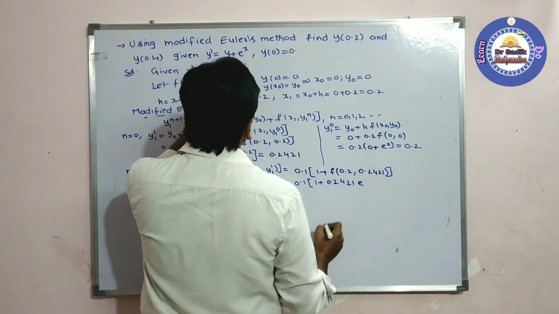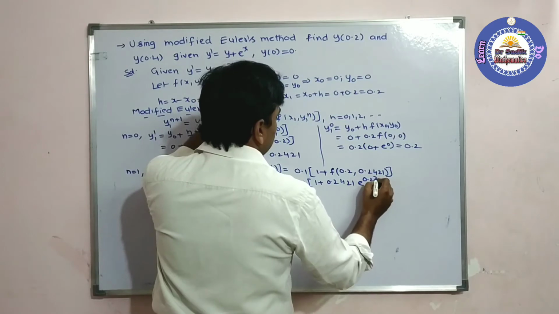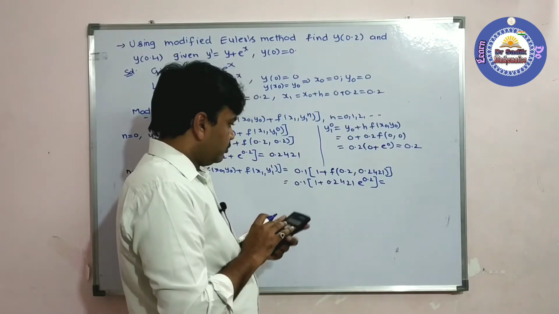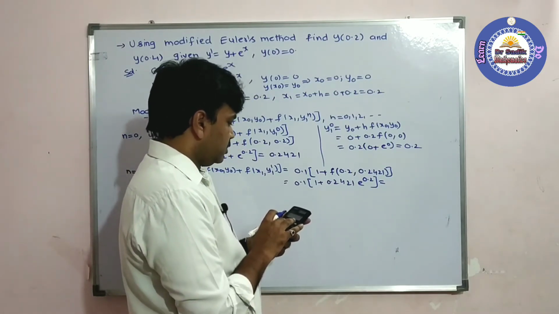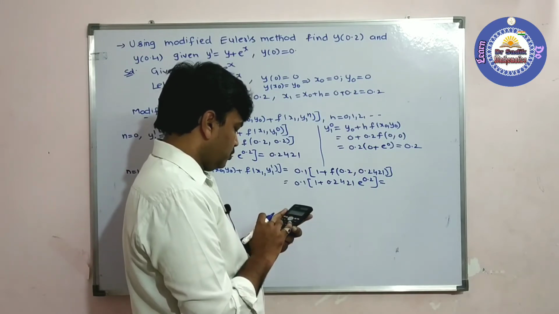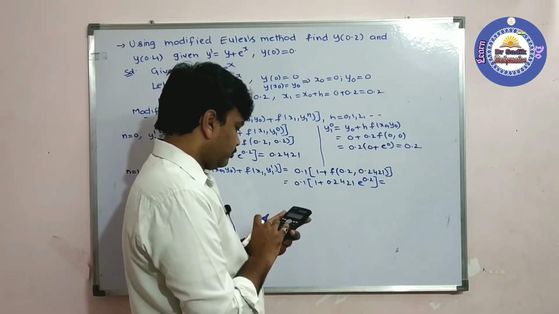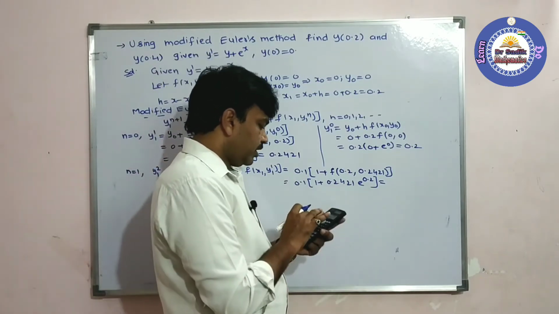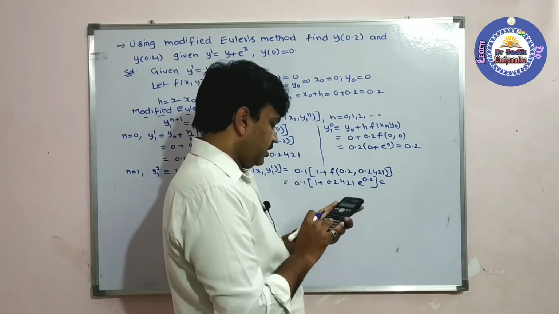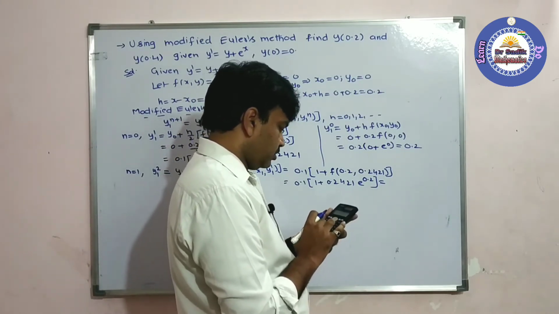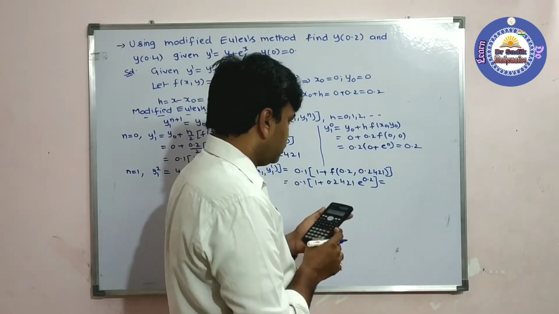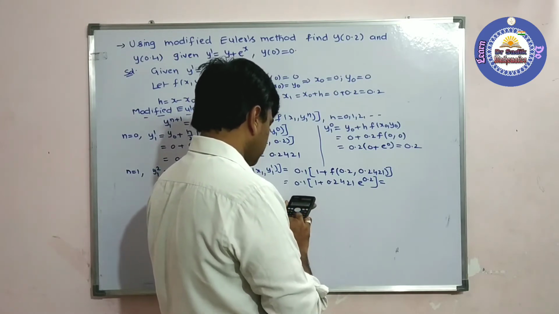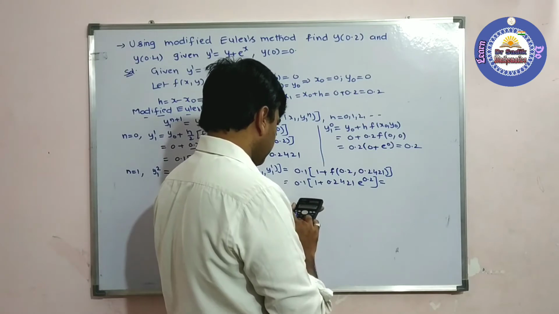0.2421, into e power x value is 0.2, so e power 0.2. So that is equal to, already we have, students, here 0.1 into 1 plus, so this time you write here 0.2421, okay students, into again shift ln, we get e 0.2 bracket close. Okay students, that is equal, we get here, once again check here, students, 0.1 bracket 1 plus 0.2421,